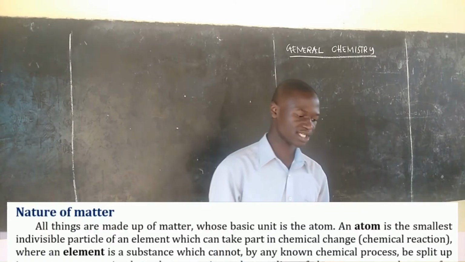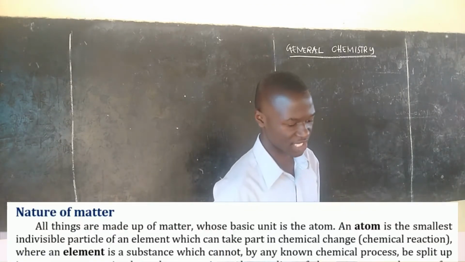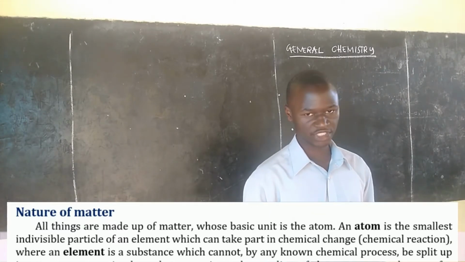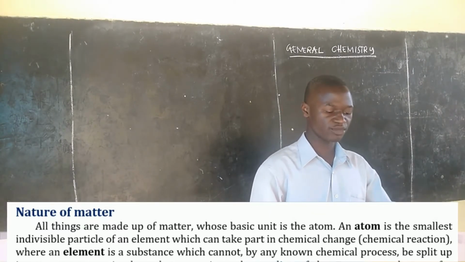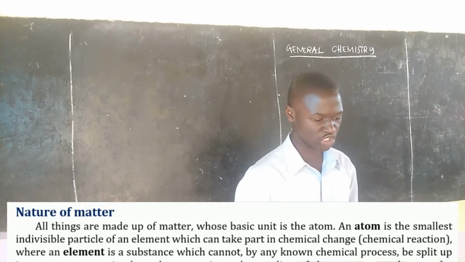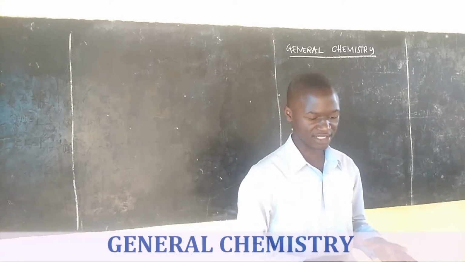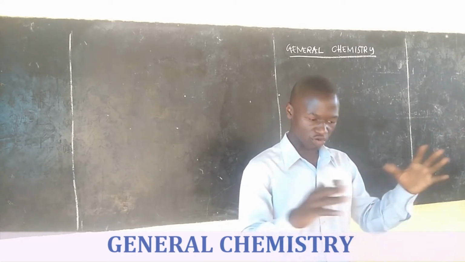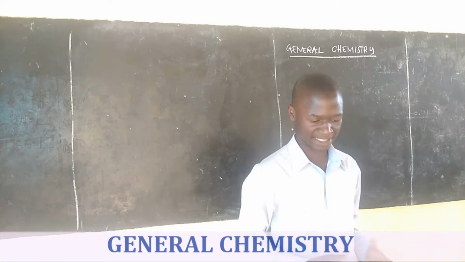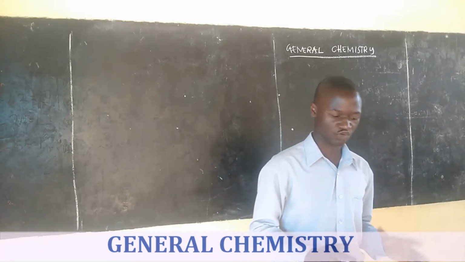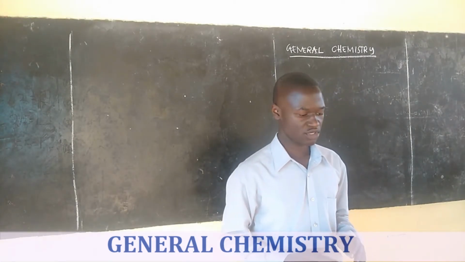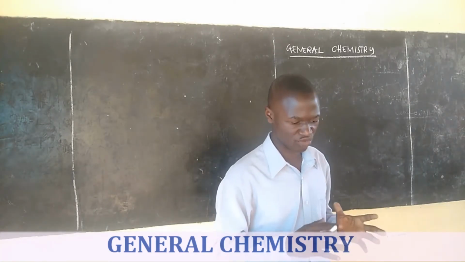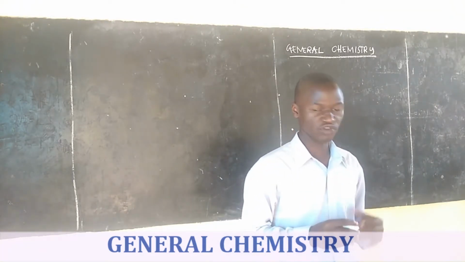So in the nature of matter, we are saying that all things are made up of matter, whose basic unit is the atom. So when we are talking about the nature of matter, we are discussing that all substances in the world are made up of matter. All things which we know are matter. But matter itself is made up of atoms. So tunapokuwa tunaenda kusoma general chemistry, tunadiscuss kuhusu atom. Atom ni mdudu gani? Tunaposema matter,